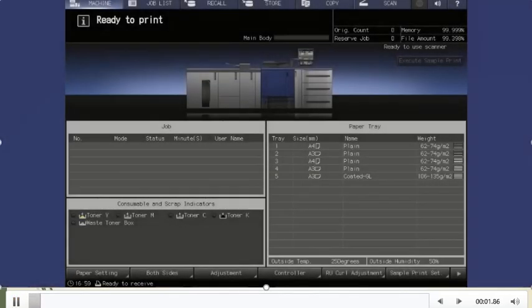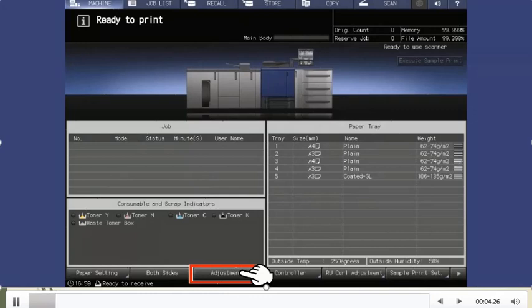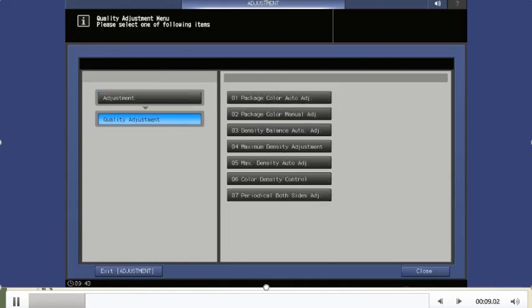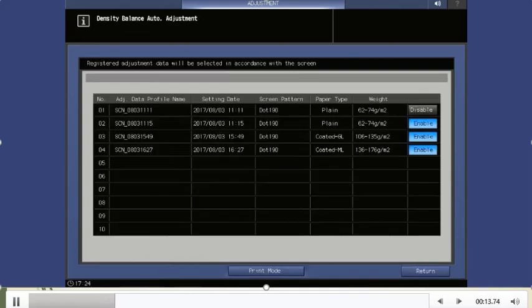There is no issue. Now in some newer models, if your machine has a scanner, then you can do density balance with very much ease. That means you don't need to do all the measurements and load the file. There is one option called density balance auto adjustment. You just click on adjustment, go to quality adjustment, and then click on density balance auto adjustment.